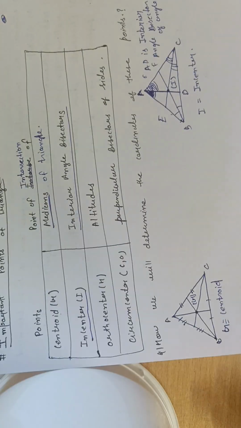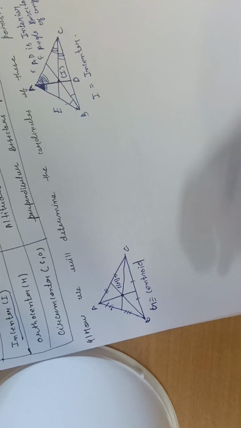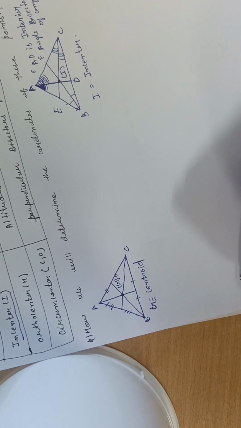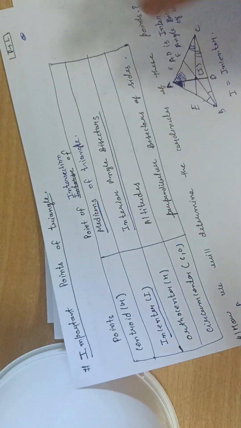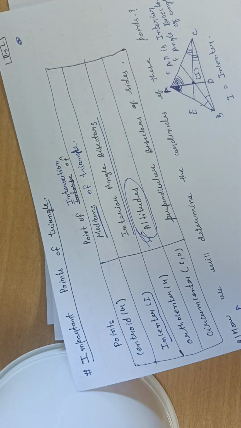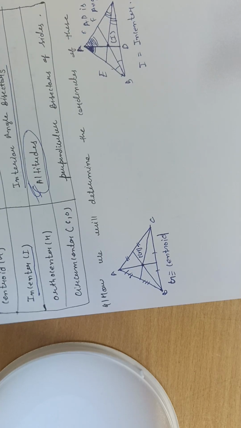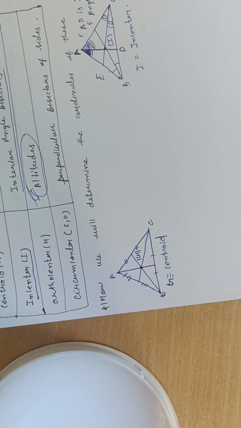I hope you are getting what I am trying to convey to you. So I simply defined the incenter and centroid. After that we will see the orthocenter. The orthocenter is basically the point of intersection of altitudes. The point of intersection of altitudes is called the orthocenter. Suppose that this is our triangle. Again we will draw a triangle ABC,